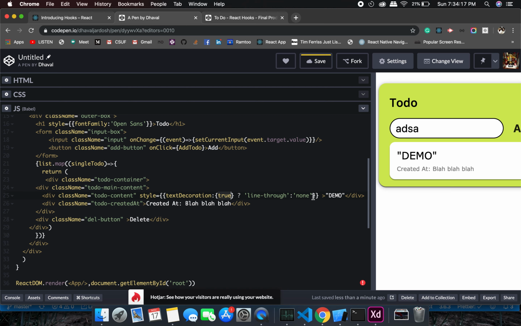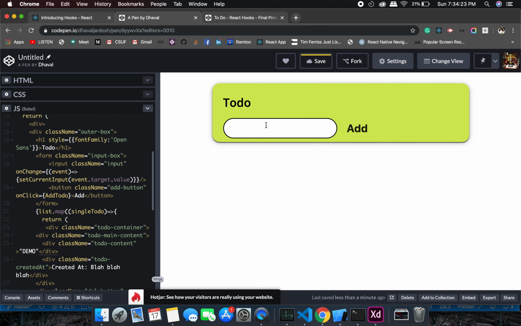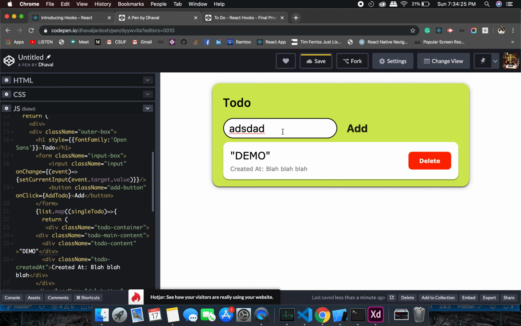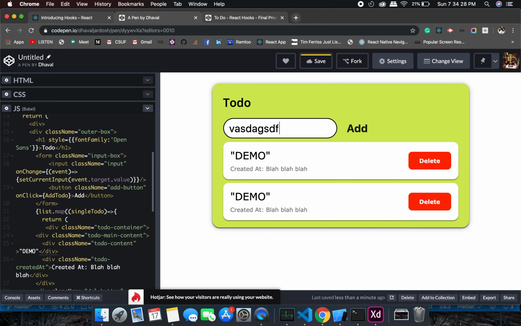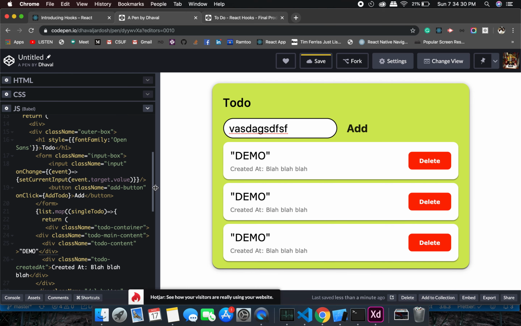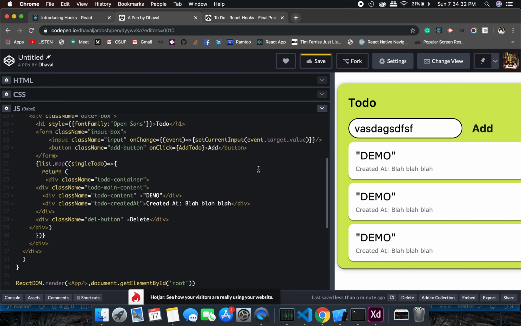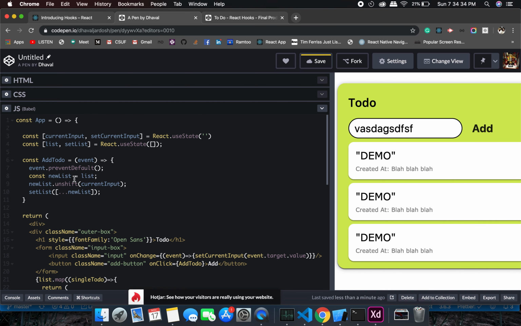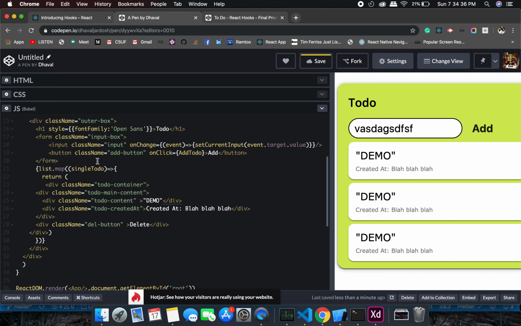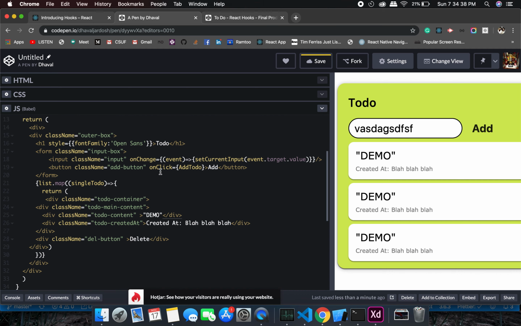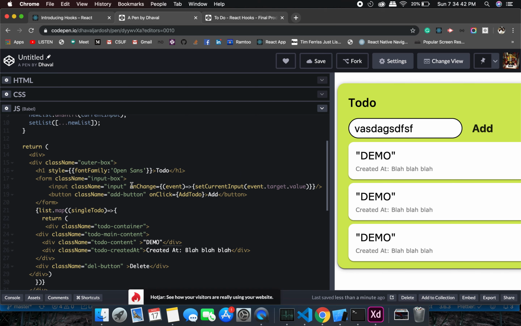Alright, anyway, I can just remove the style one for now. So as you can see, I have this nice looking UI, and it's just demo, so I can change it to created or like list something. So let's go ahead and try adding